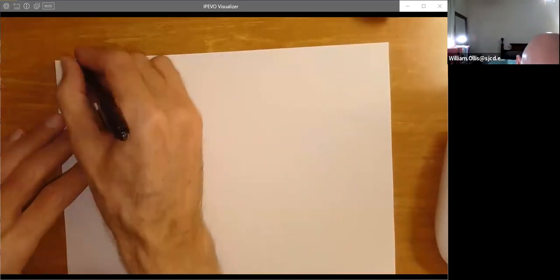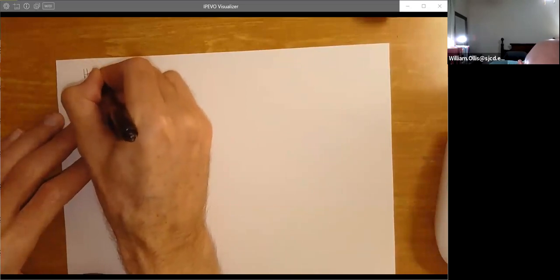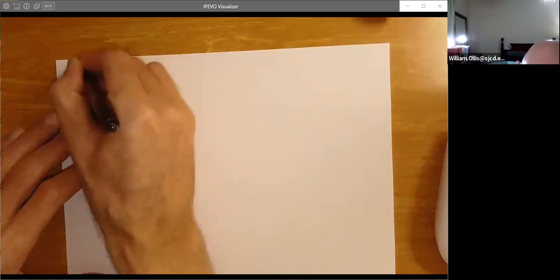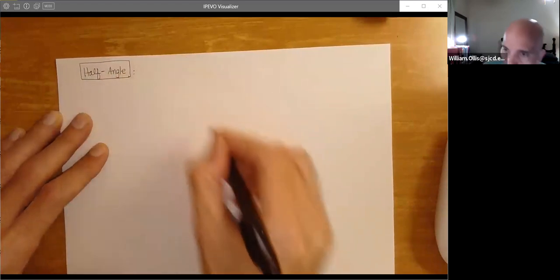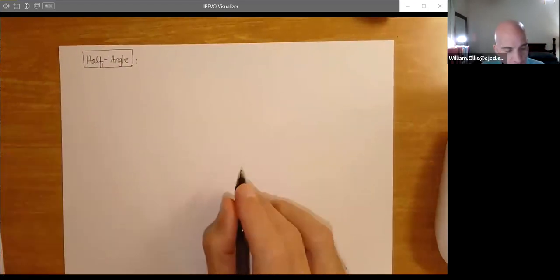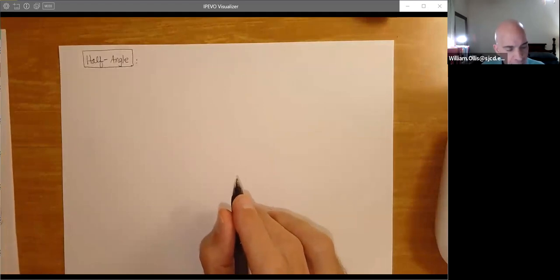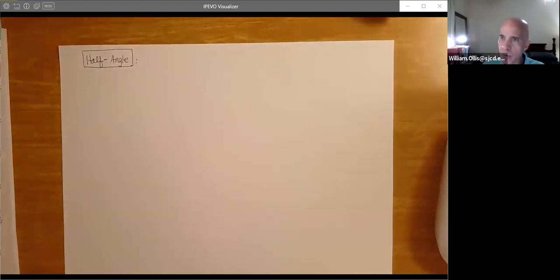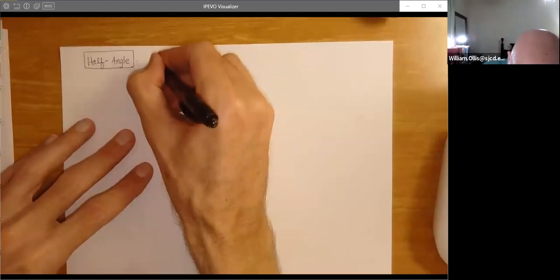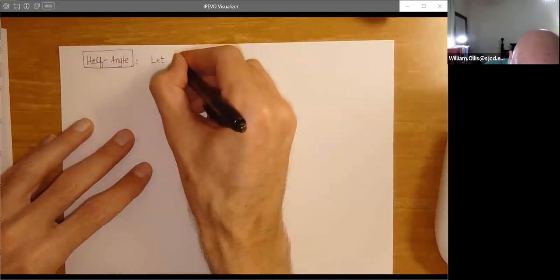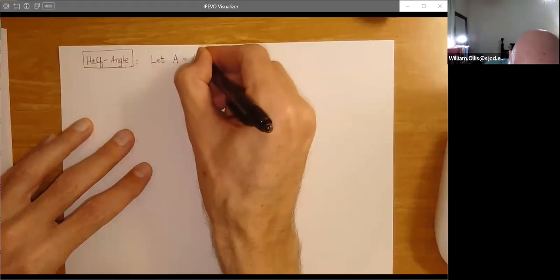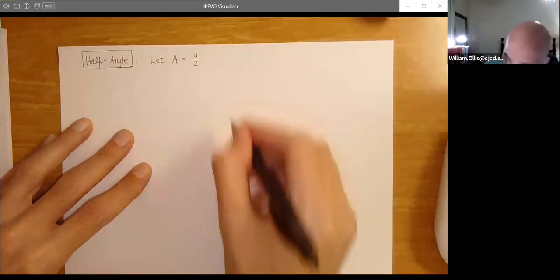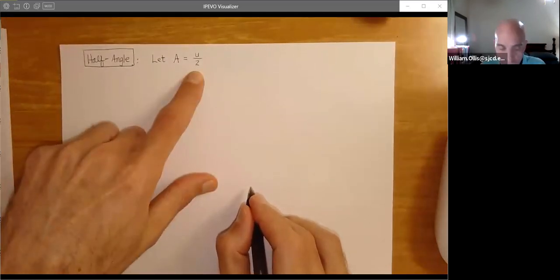Now, the next will be the half angle. You're thinking we've got the double angle. From the double angle, we got the power reducing. So now what we're going to do, we're going to take the power reducing and do some algebra. So here's the deal. We're going to let, in this case, A be a half angle, U divided by 2. I've got to change the variable, so I'm just going to use U over 2. So this is half angle, half angle.